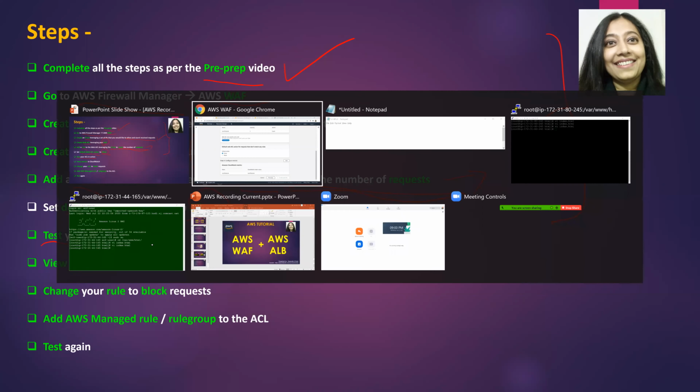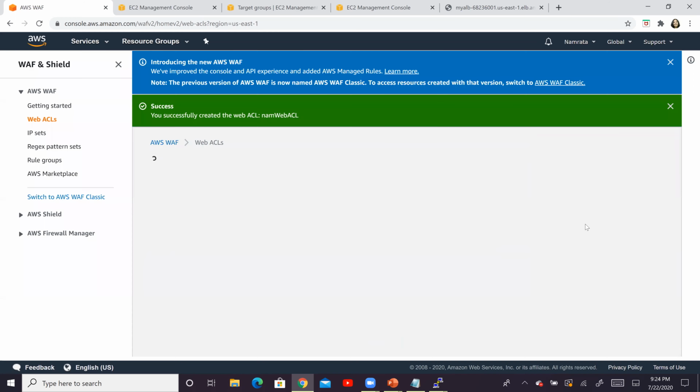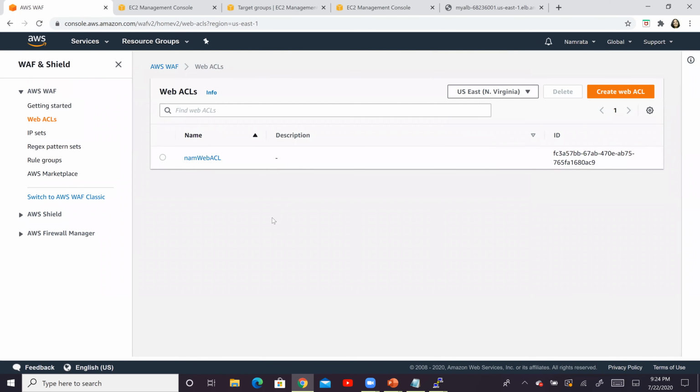Okay, so let's see if it's done? Not yet. So still working. So let's give it some time. Okay, so our web ACL has been created and it's up and running.